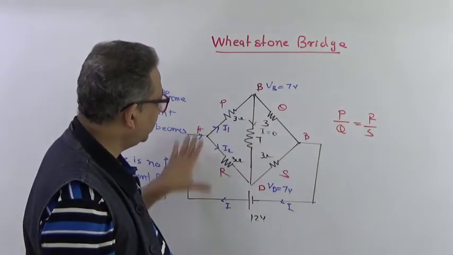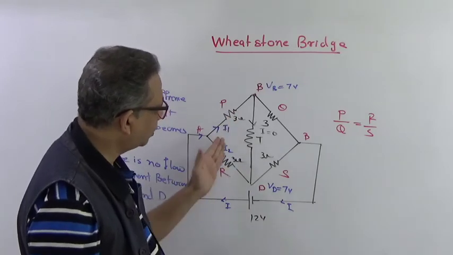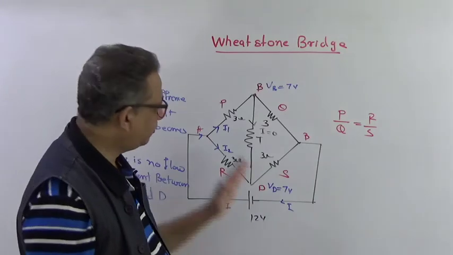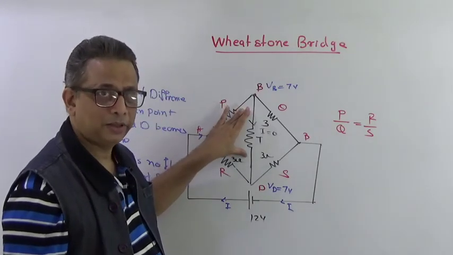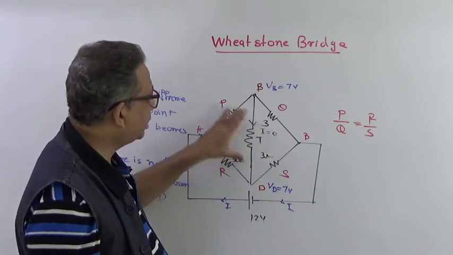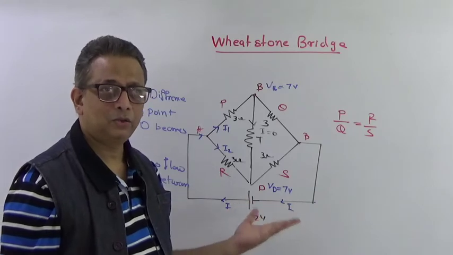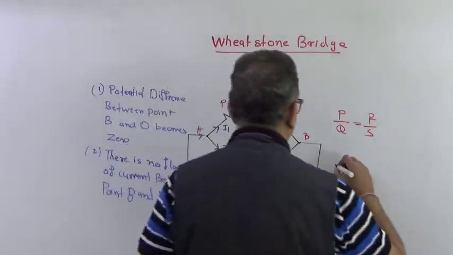So here in this particular case, after I get the values of P, Q, R, S, T, I realize that this bridge is in a balanced state. If this is a balanced state, this resistance has no meaning, as I have explained to you. So even if I remove this resistance, it will not cause any disturbance to the circuit, and the same circuit can be redrawn in this particular way.